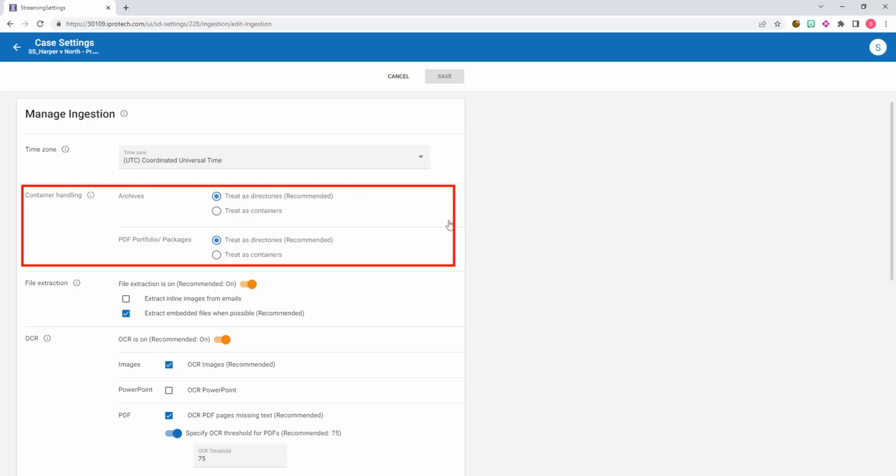Next, we have container handling as it relates to archives and PDF portfolio packages. Archives are zip or RAR files. Here, treat as directory is the recommended setting versus treat as containers. With that, all extracted files will be treated as a single family of documents with the container being identified as